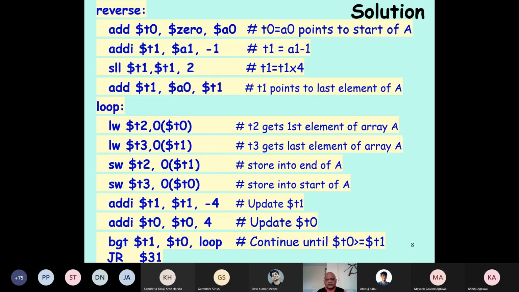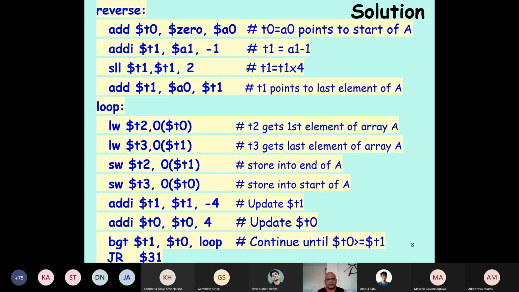Anybody has difficulty here? Sir, can you please explain in the reverse loop SLL $T1 $T1? See, we have k elements. Let's assume that k is 10. That is the length. Length is 10, so we reduced it by 1, and 9 is the actual pointer to the last element.